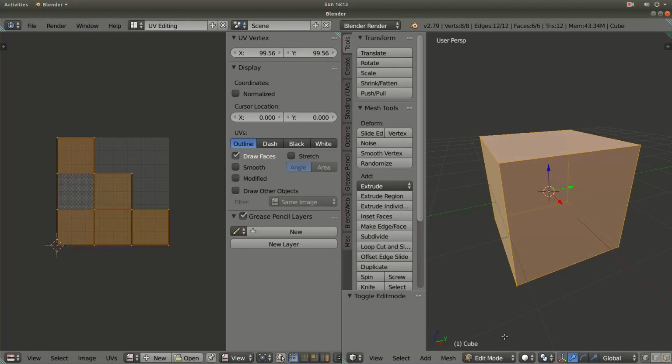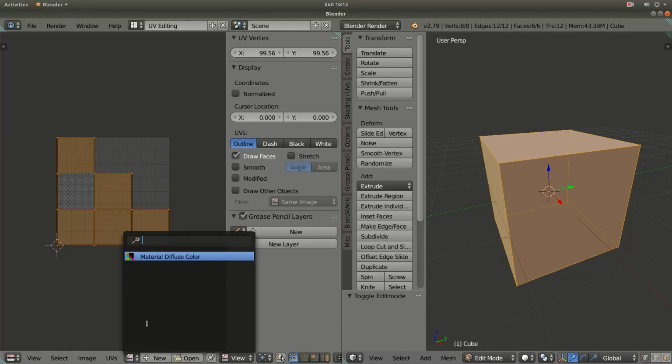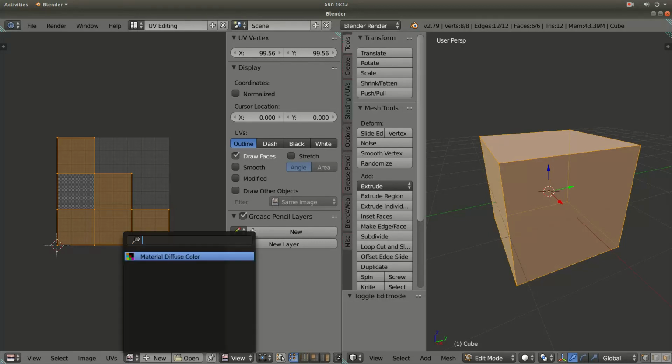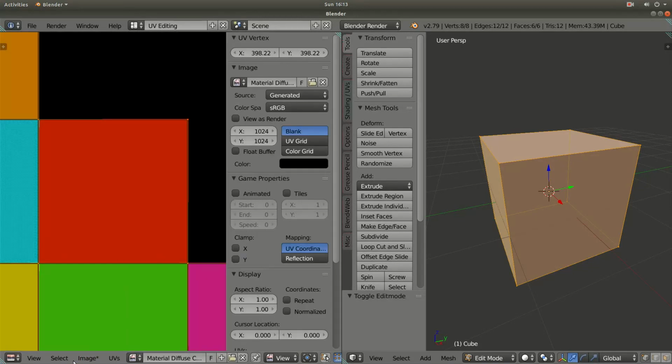Now this cube has unwrapped automatically, so if I click on this browse image to be linked icon, and I am choosing the material diffuse color,